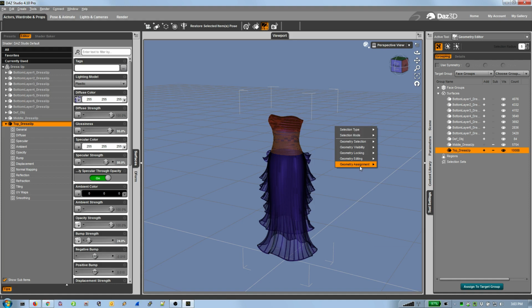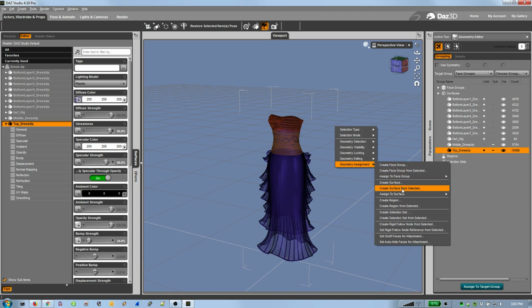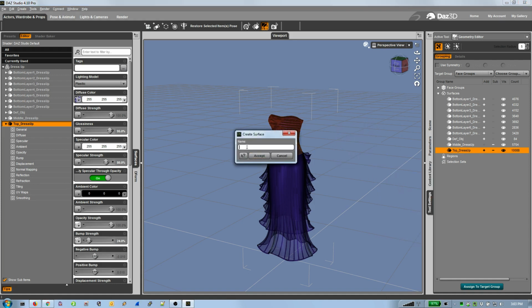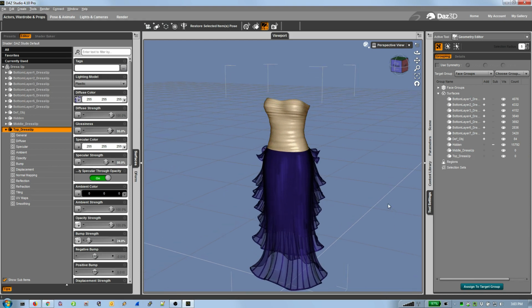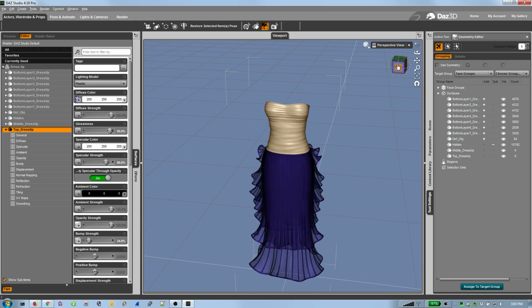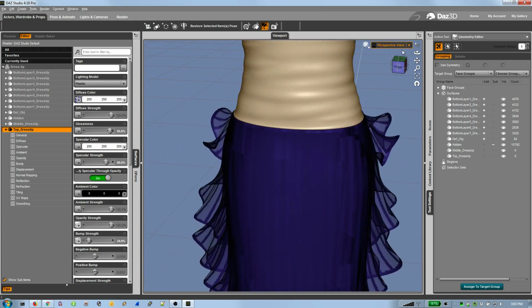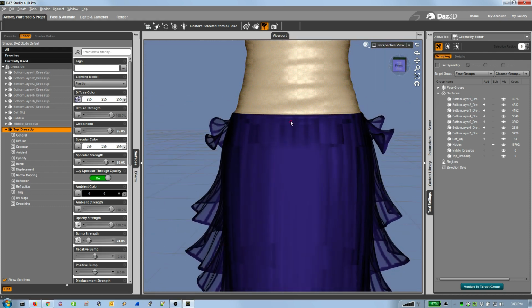And now I'm going to create a surface from selected, and to make it easy for me to remember why I've done this, I'll call it hidden. And this also has other benefits in that, say that the geometry you want to hide is not aligned with an existing material zone. I'm doing this because it happens to be convenient, but say I was to